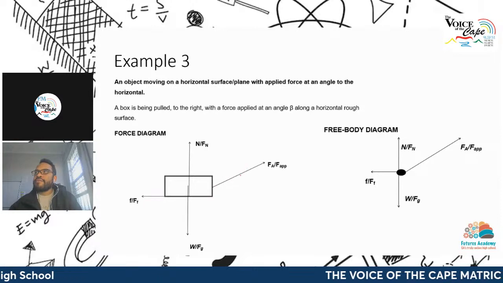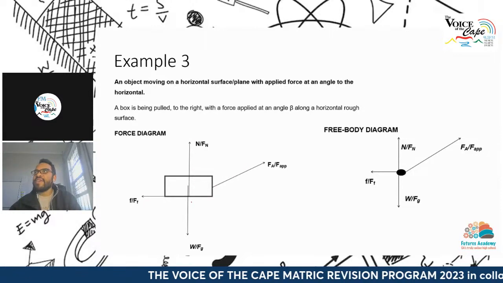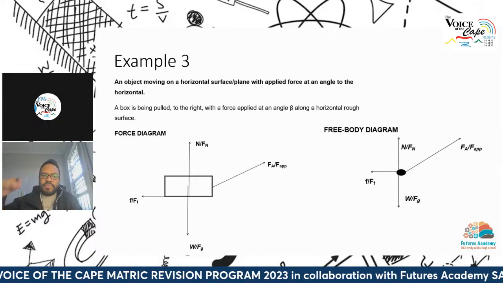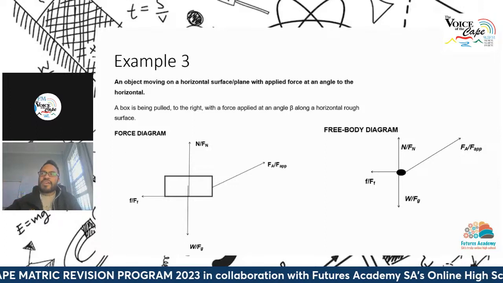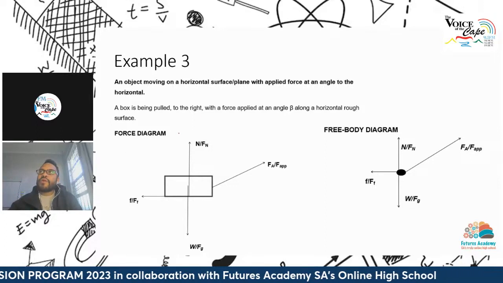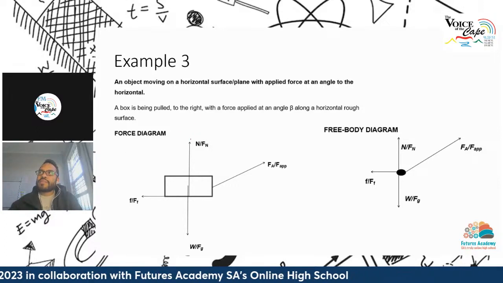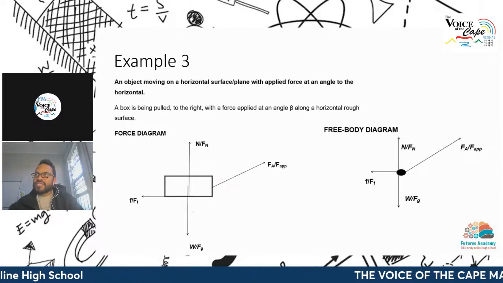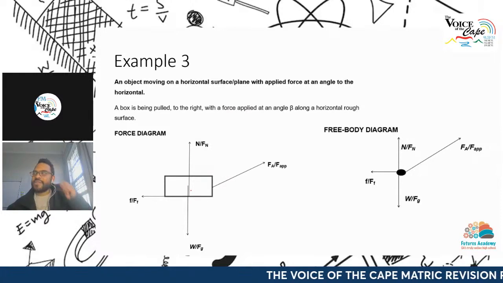Now we've got our applied force. We once again have our gravity, and we've got our normal force, and they are again equal in magnitude. And we know this because the box is not moving up, it's not moving down, it's moving across the surface. So in the vertical plane, we find that the forces acting here cancel each other out. Okay, so the net force in the y direction will be 0.